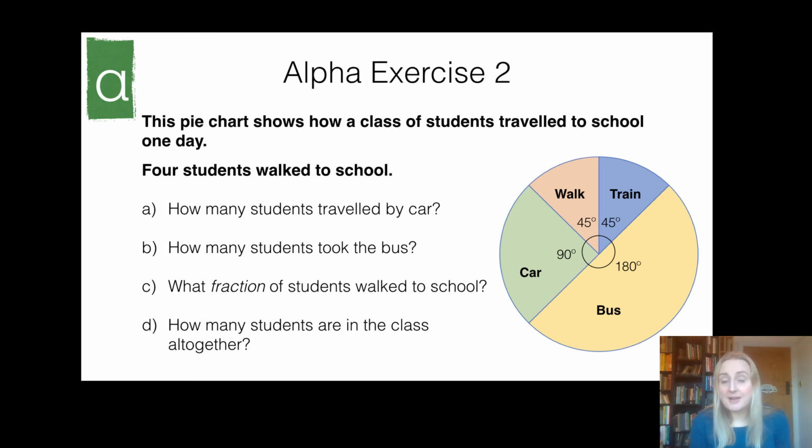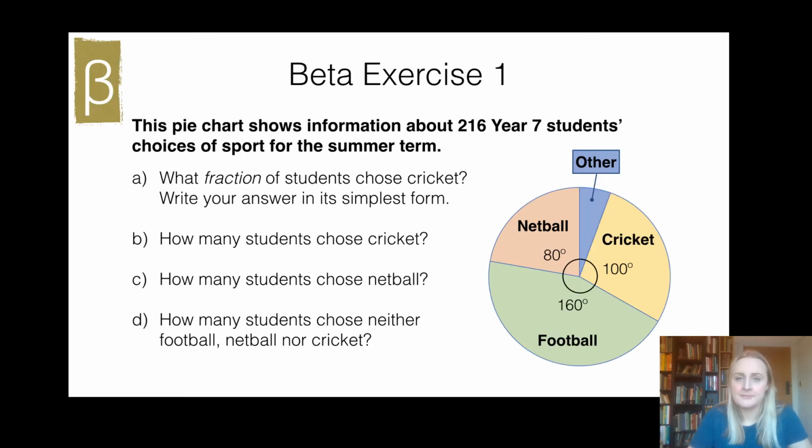How many took the bus? Well, it's double the amount that went by car. What fraction walked to school? Well, we can work out the fraction if we understand that it's half of a quarter, which is an eighth. How many are in the class altogether? Now, that's a great set of questions, all to do with reasoning, and just such a sensible starting point for pie charts. And only then, once we've really developed that understanding, should we be going near questions like